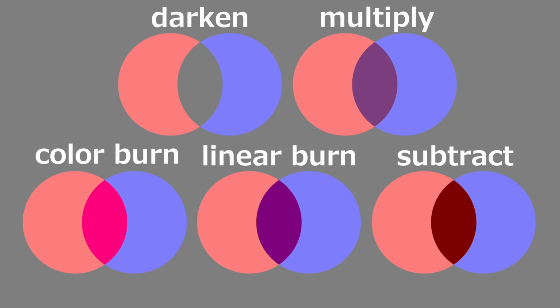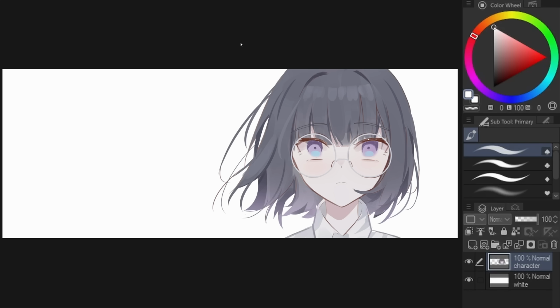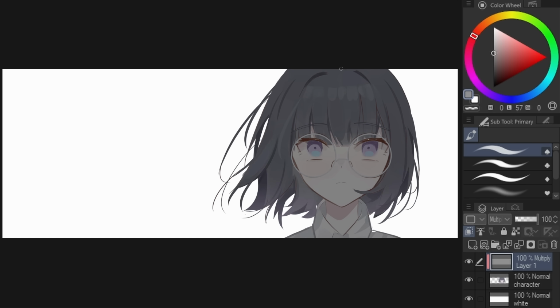Next up on the list of layer modes are darken modes. For this example, I'll be using one of the ones that I use on a regular basis, multiply. If I take a piece that I have without any lighting added, you can see the effect clearly. I will take a lighter color, fill the layer with it, and clip it to the layer below. This has darkened the colors that were underneath, but we can take this a step further by adjusting the colors